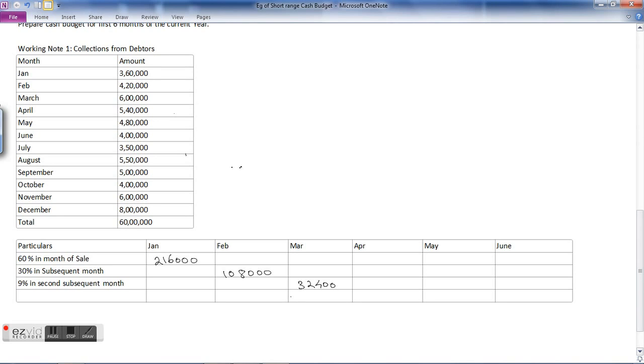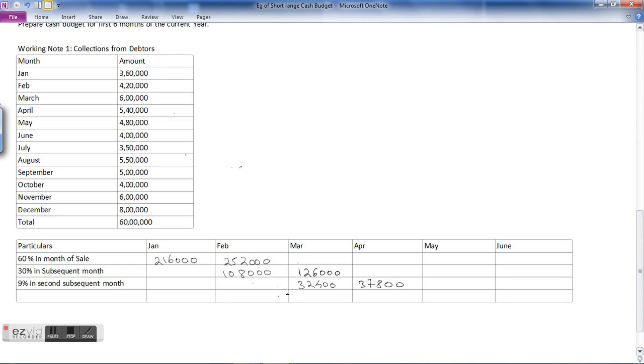Okay, now the month of Feb, the sale is how much? 4,20,000. So 60% of 4,20,000 is 2,52,000. It will be collected in the month of Feb. Then in the month of March, that is subsequent month, 4,20,000 into 30%. So that comes to 1,26,000, and 9% of 4,20,000 will be collected in the month of April, so that comes to